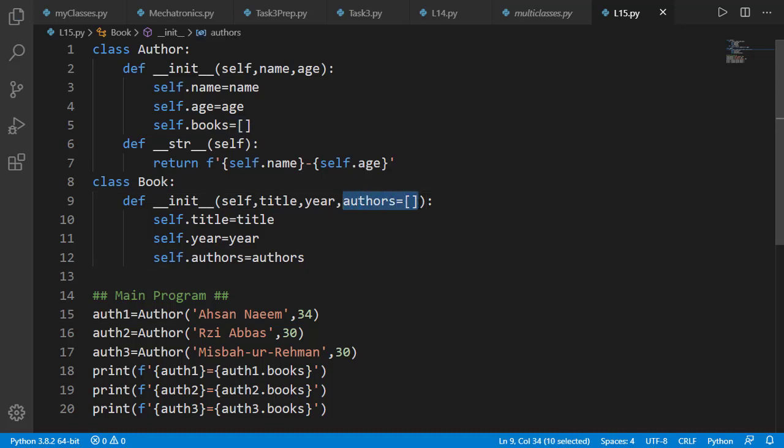This way of setting the default value of some input argument as empty list is not a good practice, and this can cause some problems in future. You can find the details on the link I will provide in the description.